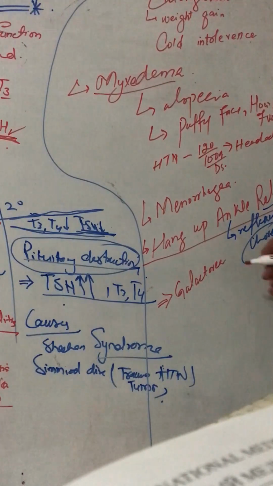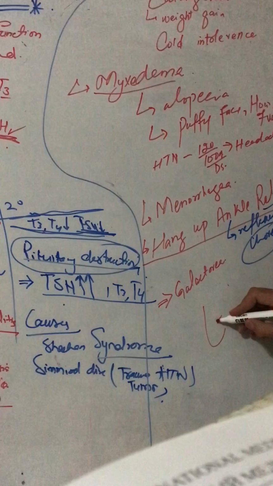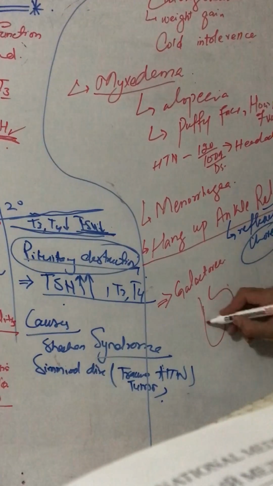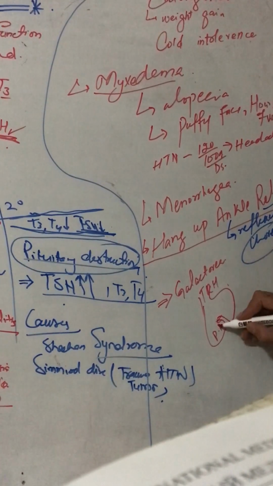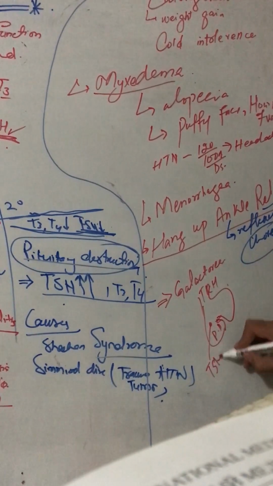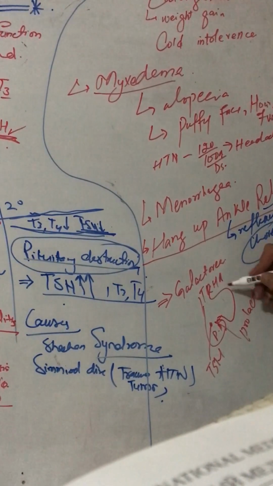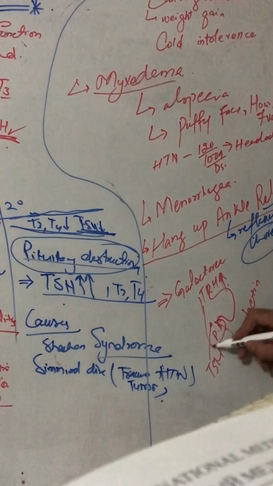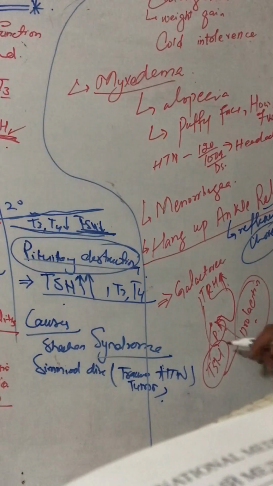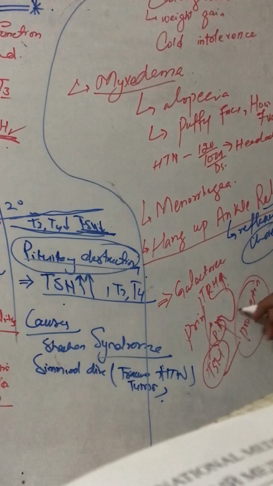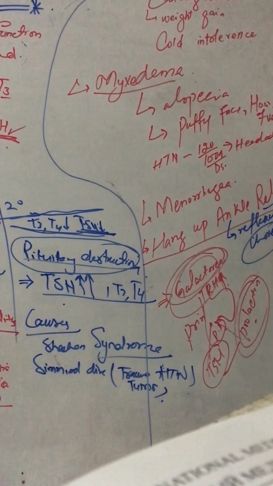Sign of galactorrhea. Why will there be galactorrhea? As we know, from the hypothalamus, the thyrotropin releasing hormone regulates thyroid stimulating hormone as well as prolactin. So when it increases, it will increase both the thyroid stimulating hormone as well as the prolactin. So in the primary cases of primary hypothyroidism, there will be the sign of galactorrhea in the patient,